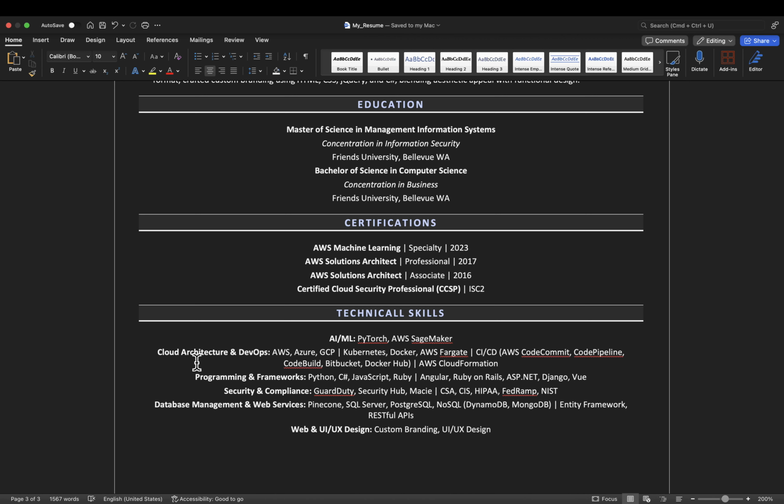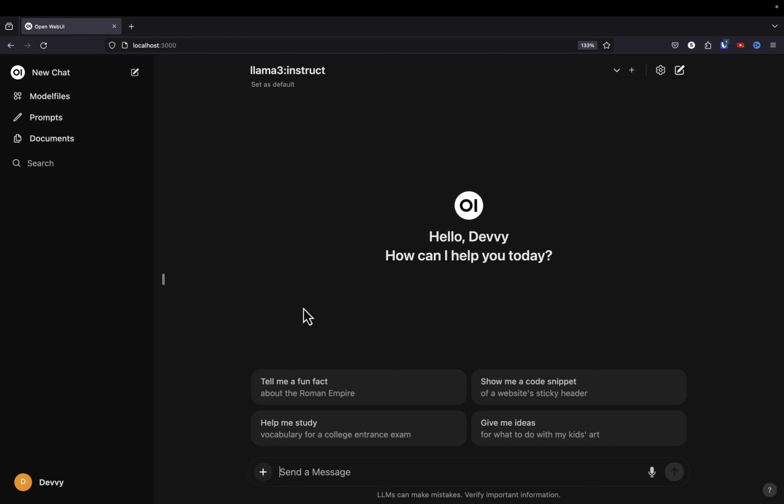So what we'll do is ask the underlying model questions that relate to this document and see how good it is at pulling out the answers for us. All right, let's jump back over to Open WebUI now that we've looked at the document. Okay, I've got a new chat window pulled up here where we can start asking questions about the document